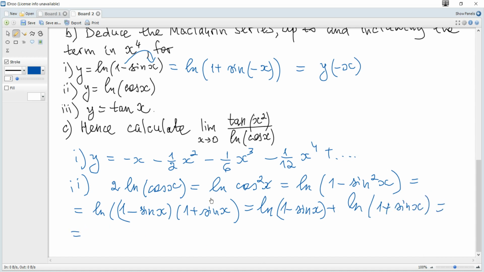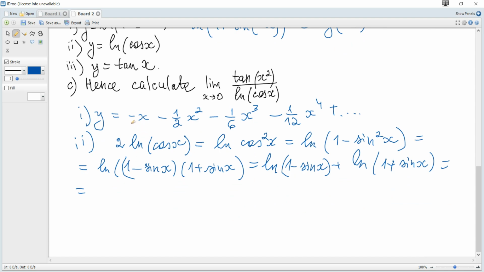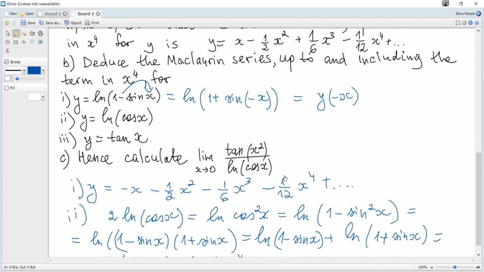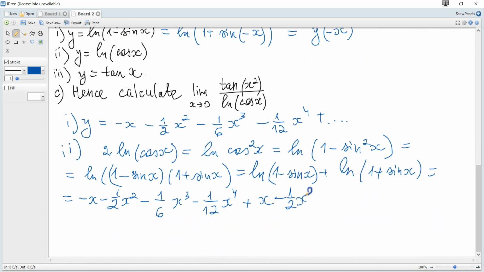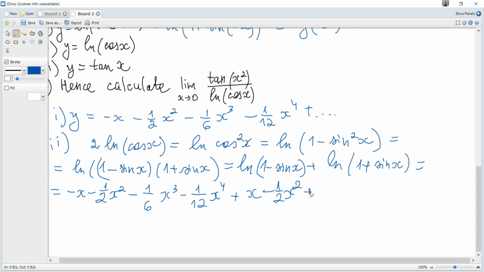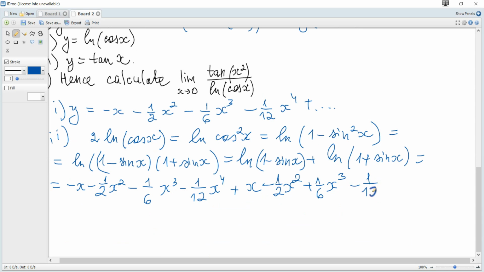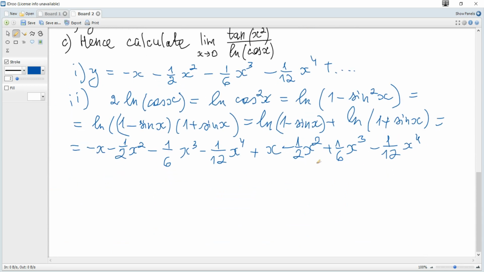And it becomes minus x minus a half x squared minus 1 over 6 x cubed minus 1 over 12 x to the power of 4 plus this x minus a half x squared plus 1 over 6 x cubed and minus 1 over 12 x to the power of 4. And you can see that it's 0,